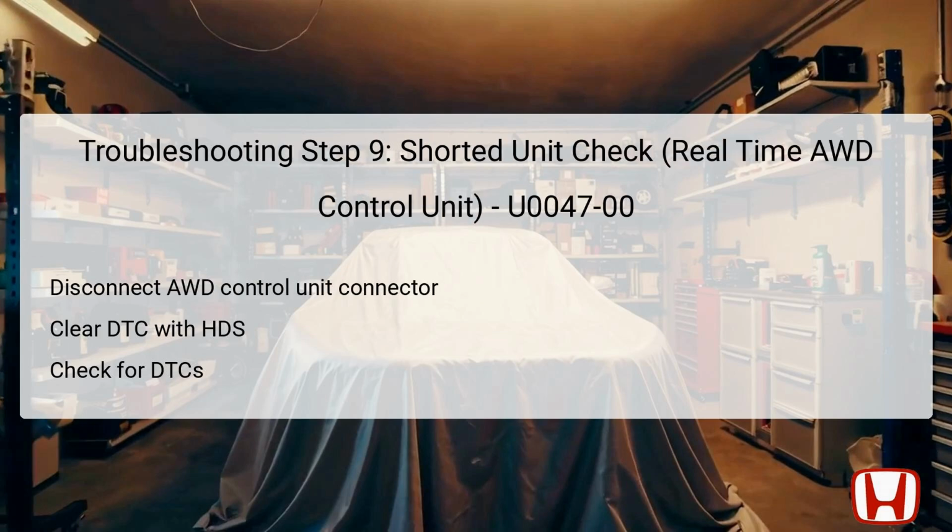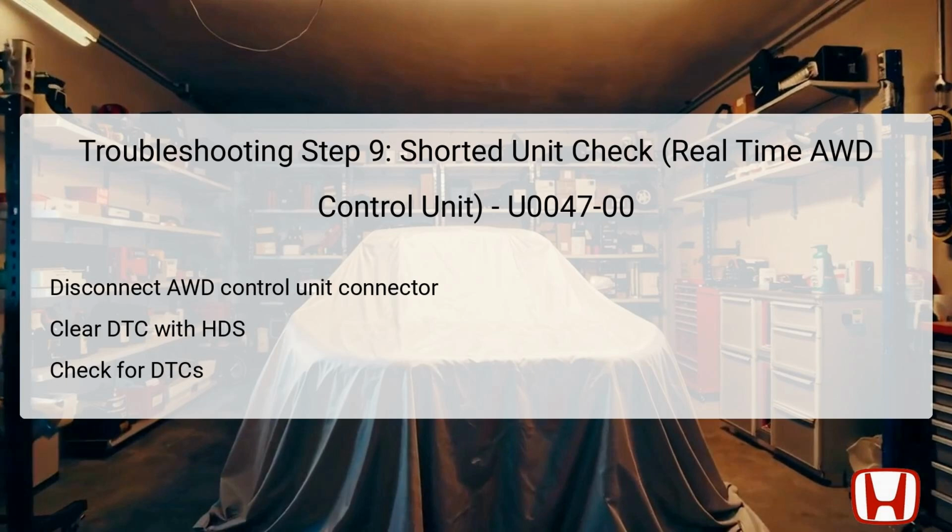At this stage of the troubleshooting, we examine the real-time all-wheel drive AWD control unit to ascertain if it is causing the DTC U0047-00. Start by confirming the vehicle state is off. Disconnect the control unit using its specific 24P connector. This particular control unit is critical as it helps manage the distribution of power to the vehicle's wheels to improve